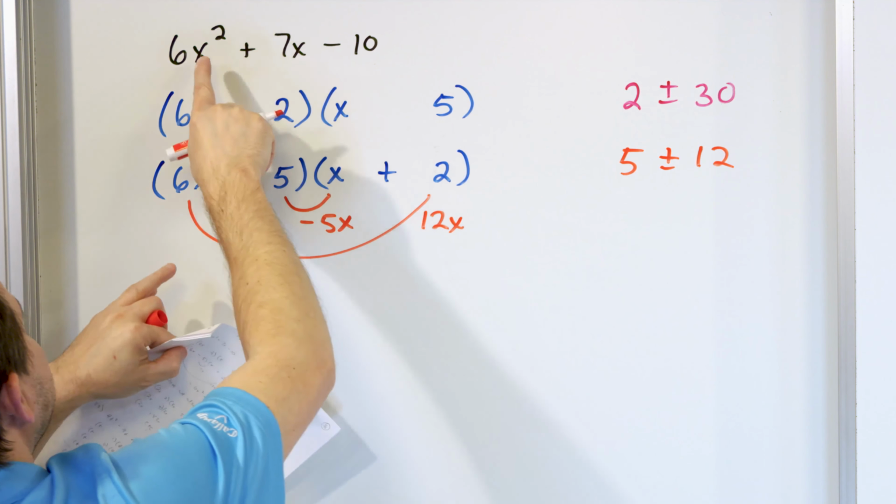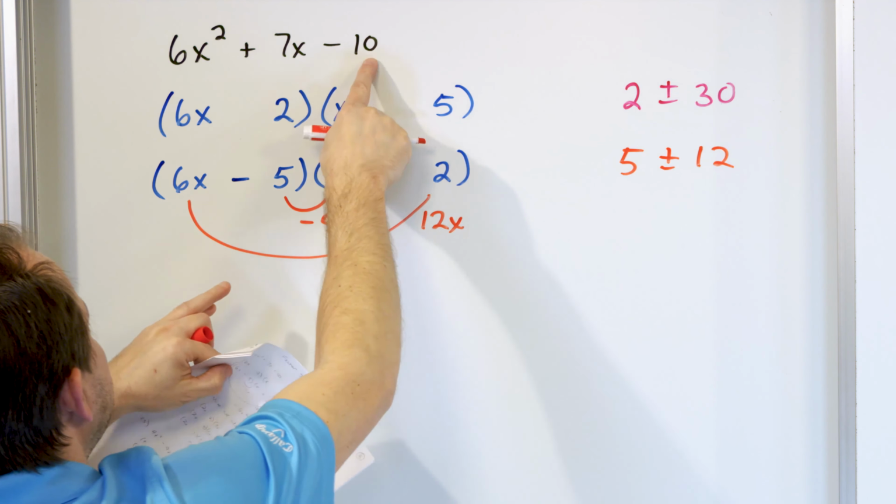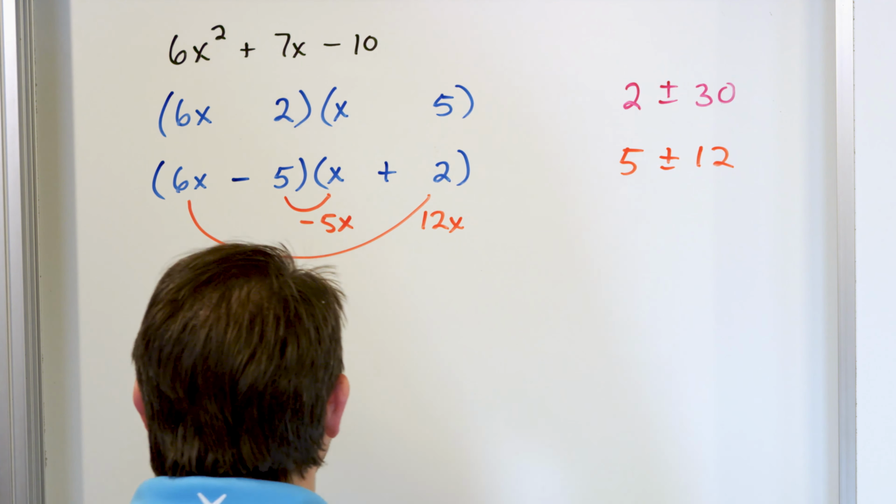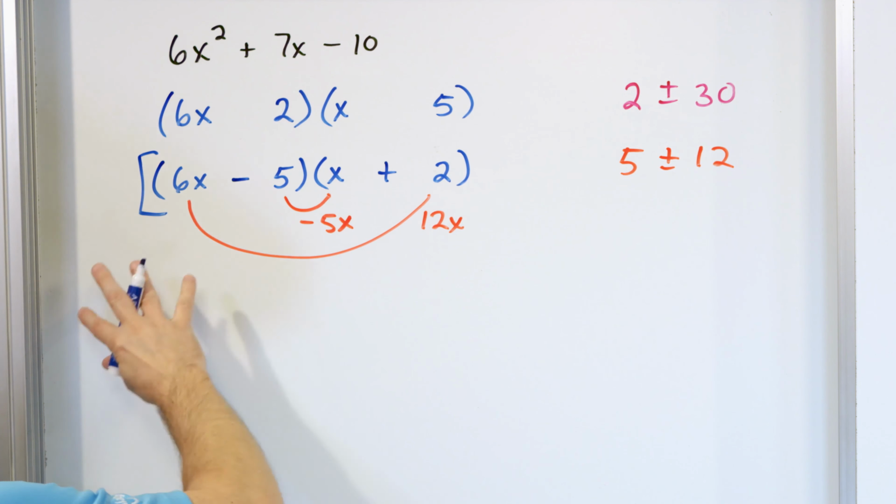So the first terms give me this. The last terms give me negative 10. Inner plus outer give me the 7. And I'm done. Now, I kind of got us to the answer because I'm trying to give you the practice,